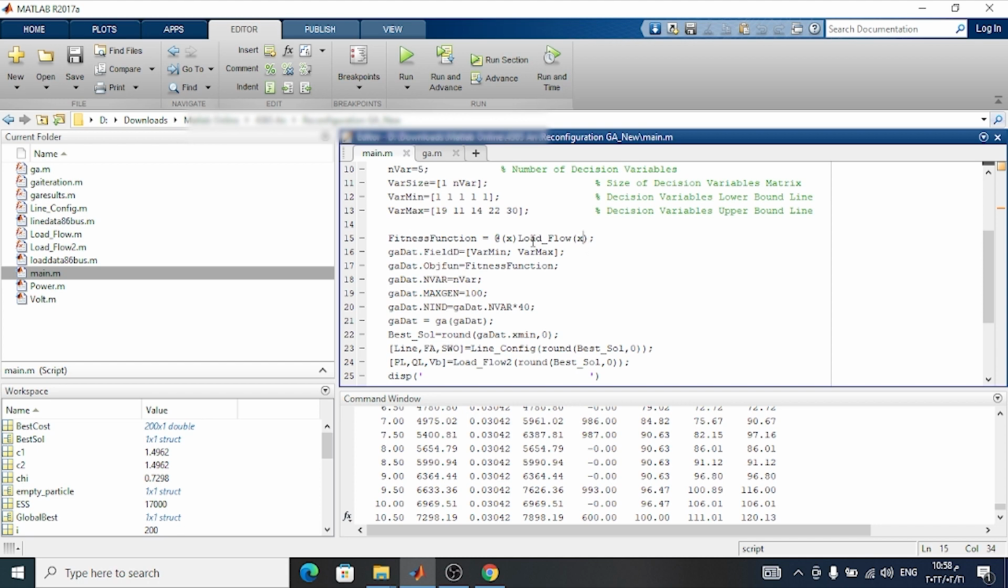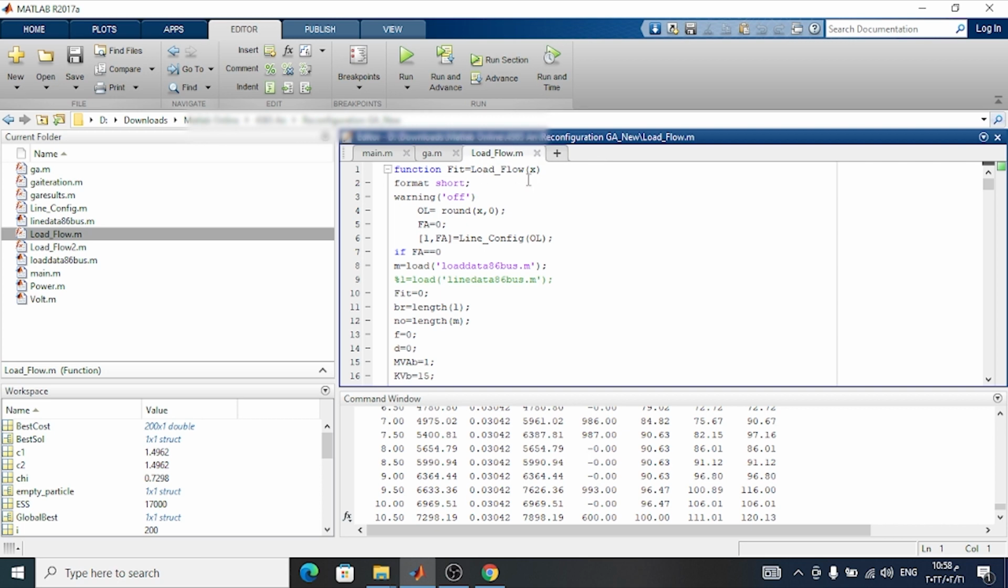and after that we define the fitness function, which is the load flow with the x as the variables. This is the variables that we want the program to optimize for the x, and this is the fitness function defined to put it in the genetic algorithms program. So if you open the load flow, the x is the variable that we want to optimize